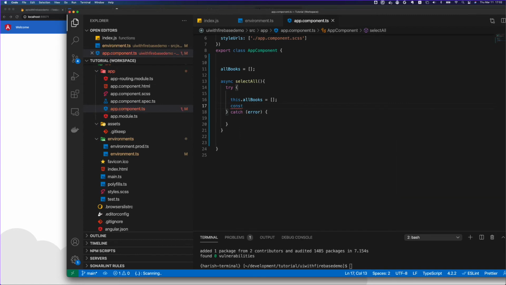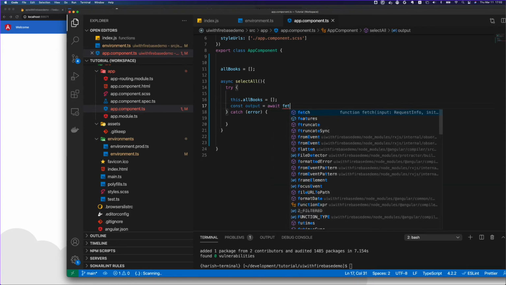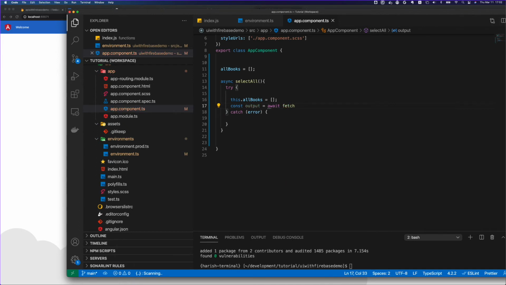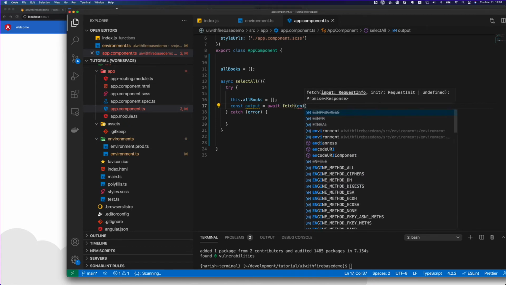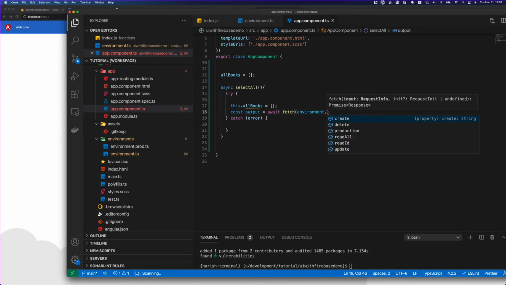So let's create another constant called output and call it using fetch, which is the default caller which we get in Angular. I'm going to use the environment variable and then call read all.